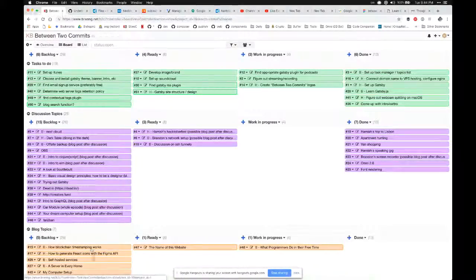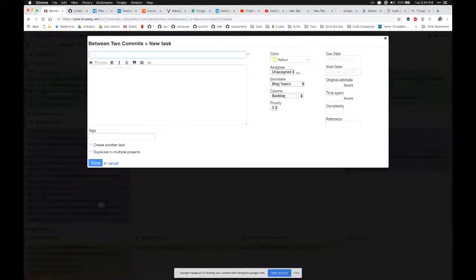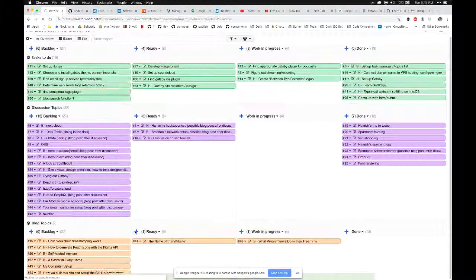If you notice, there's also a My Computer Setup. That's similar to the one I had on my blog. Maybe we could each do one. Basically, it's what software you use on a regular basis, for your workflow, for personal stuff like that. I like that idea. Yeah, just what do I use to get my computer customized for myself? Like my own little tips and dot files and configurations and applications, stuff like that. Exactly. I'm just going to put this down as a possible article about how we built this site and how we set up the auto deploy.